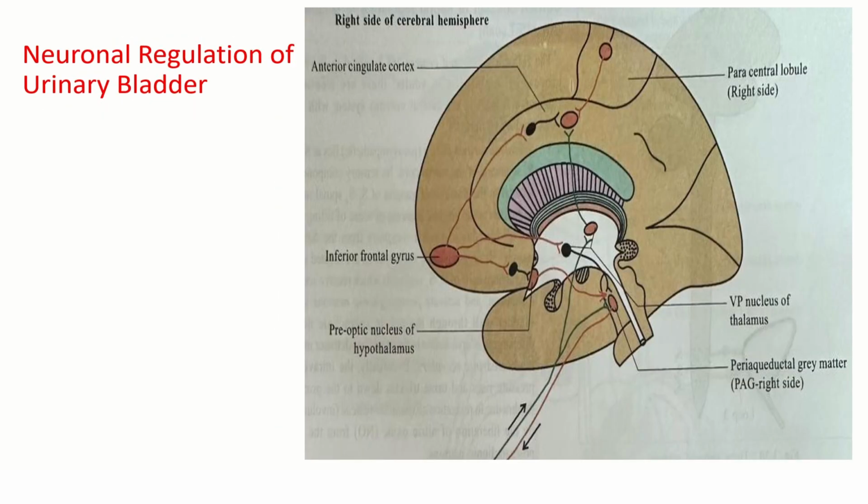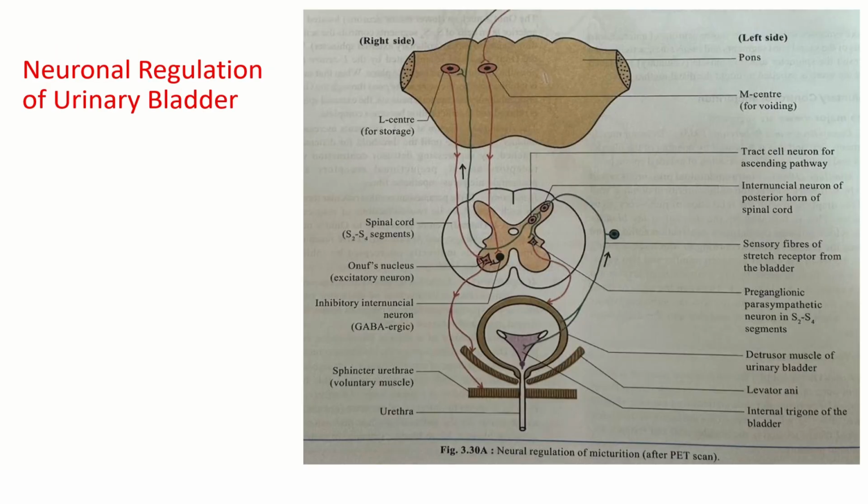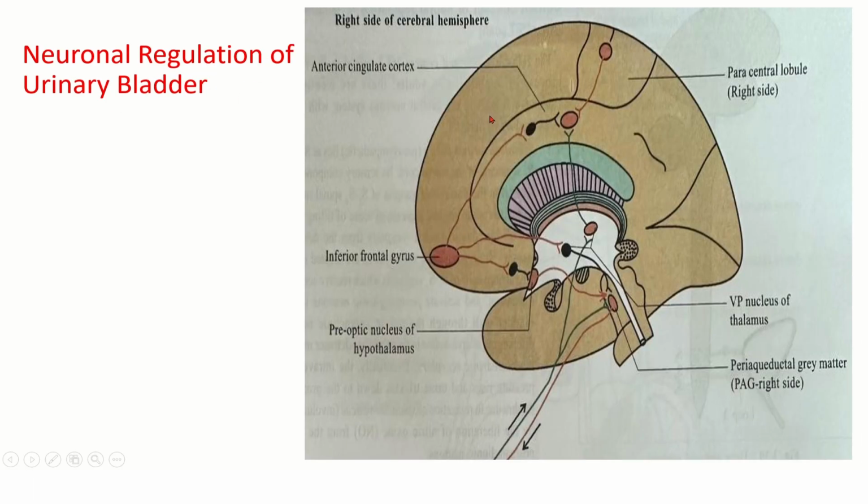Here you can observe, through positron emission tomography scan, this is the sacral micturition center, which is lying at S2 to S4 segments. You can see here within the pons, there is an M center for voiding and there is an L center for storage. And if you go still higher,